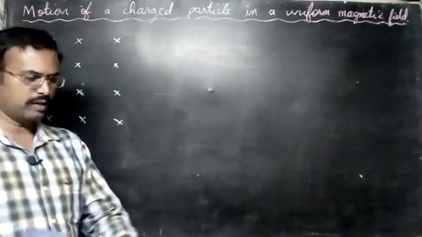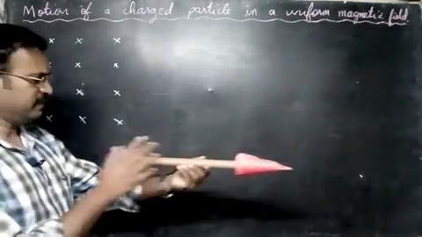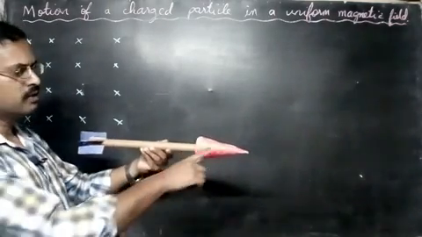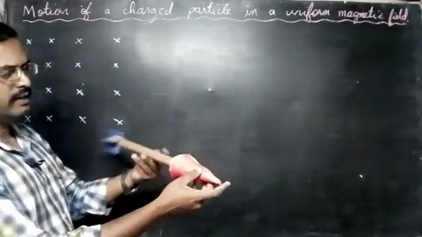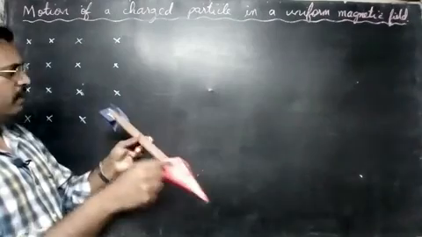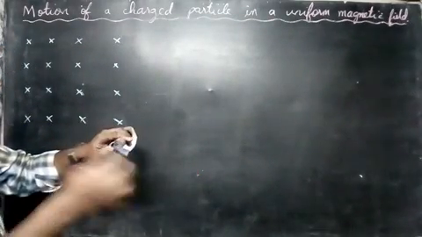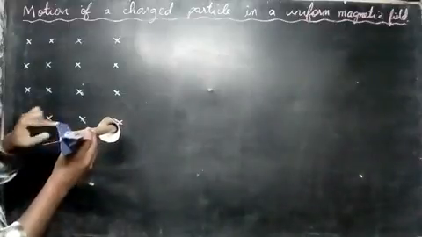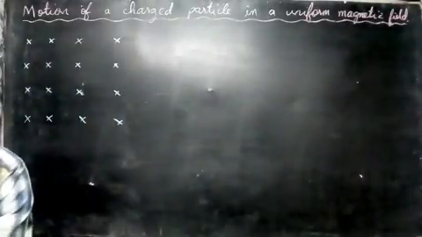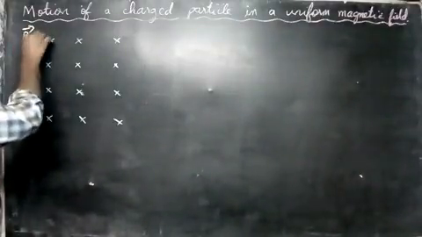I have made a vector like this. You can see a vector has a head and a tail. Imagine this is a magnetic field. As we learned in the last class, if it points out of the board we put a dot, but if the magnetic field goes into the board, we draw it like X. So this is a magnetic field going into the board, and we write the magnetic field B vector as B in.